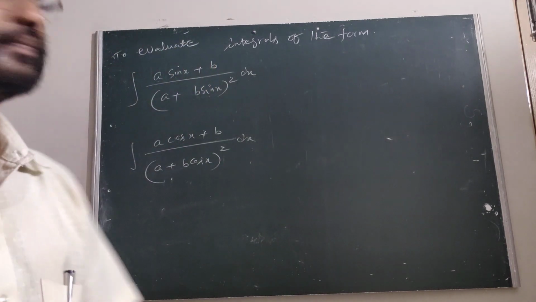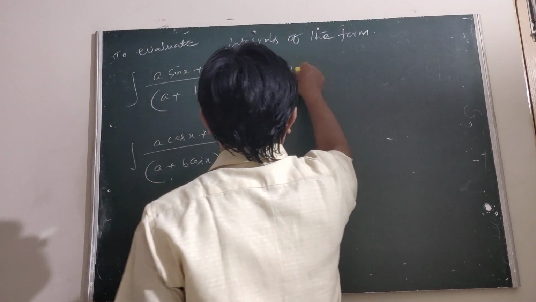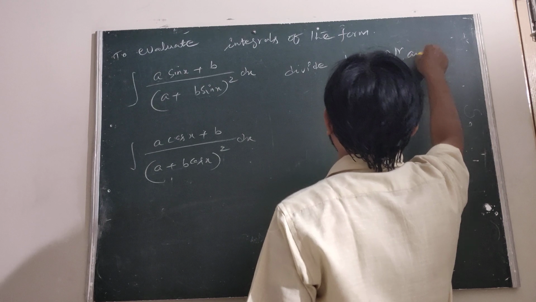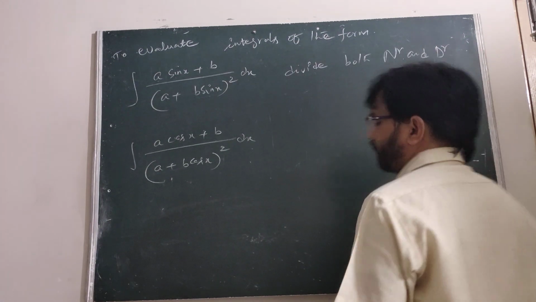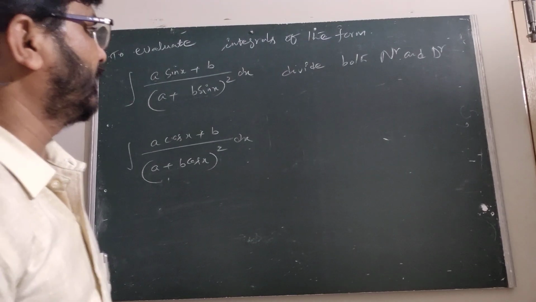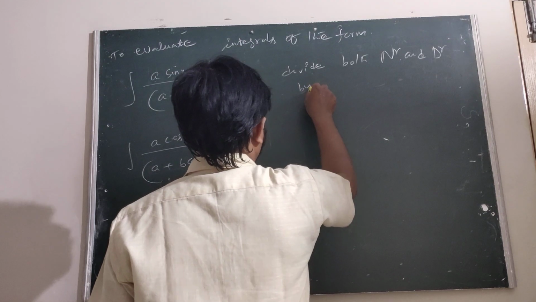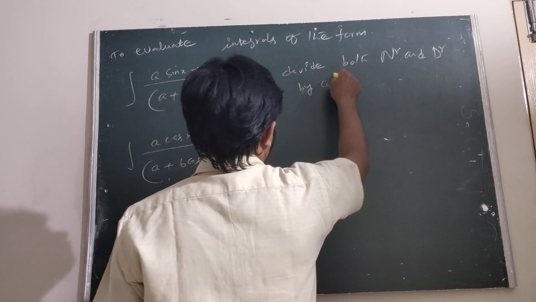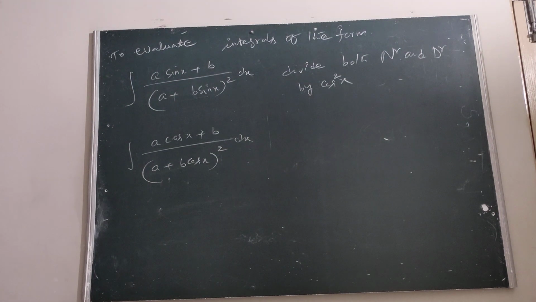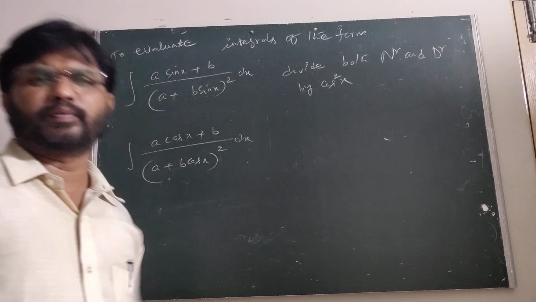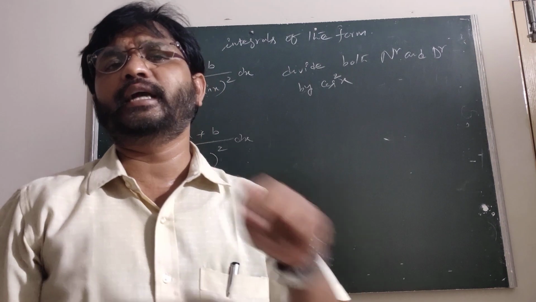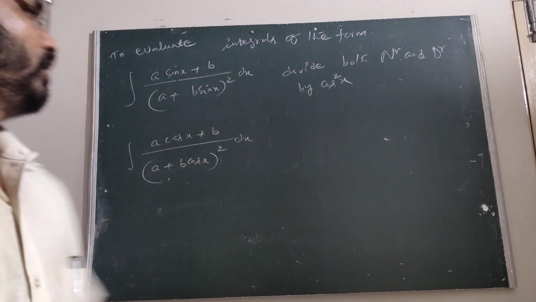For the first integral, divide both numerator and denominator by cos square x. Is it okay? Cos square x. This one and this one are multiplied with secant square x. Either multiply with secant square x or divide by cos square x, both are the same. Then we are taking here